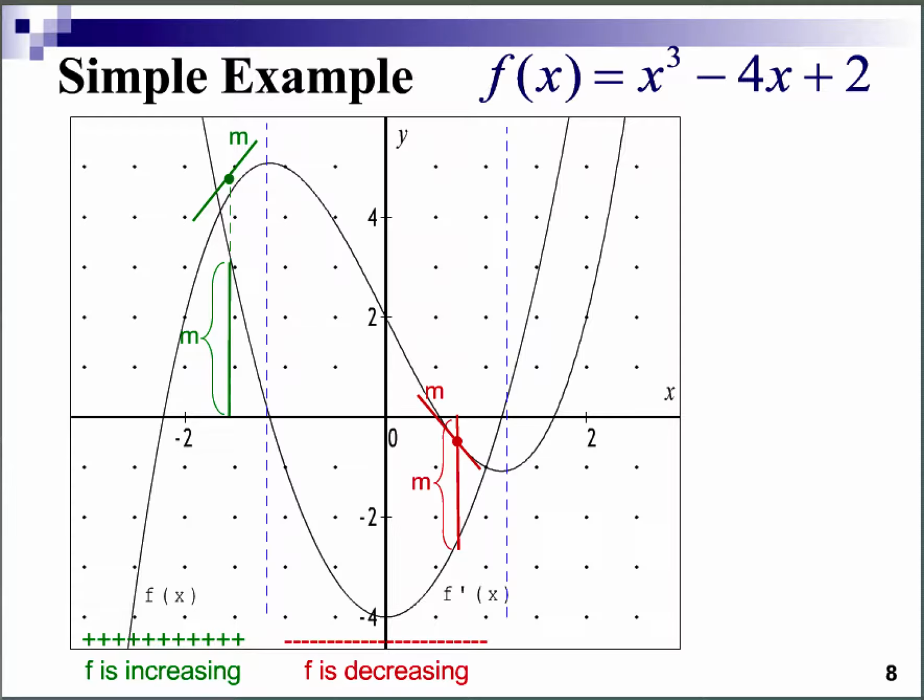Now, focus your attention right now on the point x equals 0. That is the point on the derivative graph where the derivative graph is the smallest. It is the most negative there. So what that's telling you then is that when x is equal to 0, the original function f is decreasing more quickly than at any other point on the graph. And you can see the derivative right there, it goes through the point 0, 2. That's the steepest negative tangent line that you'll be able to draw on this graph because that's the lowest point